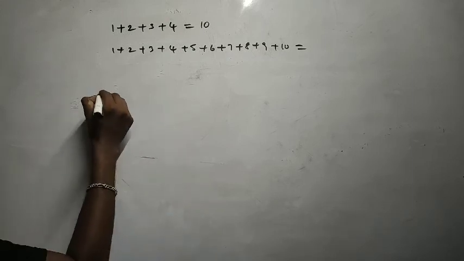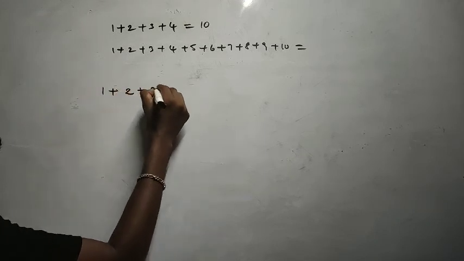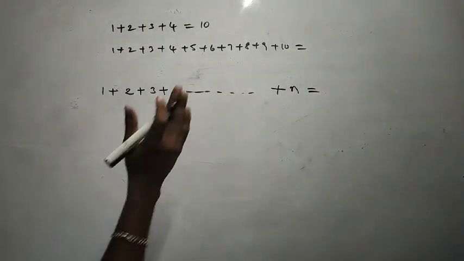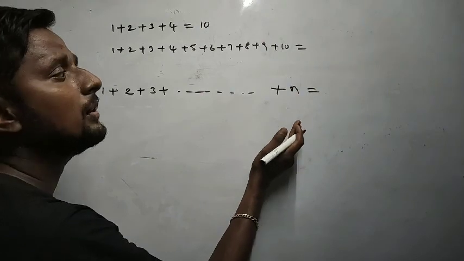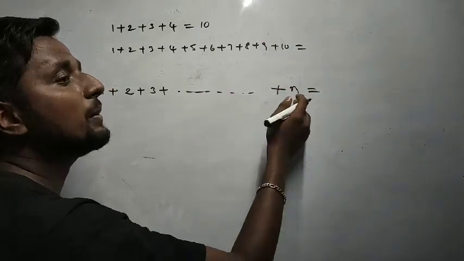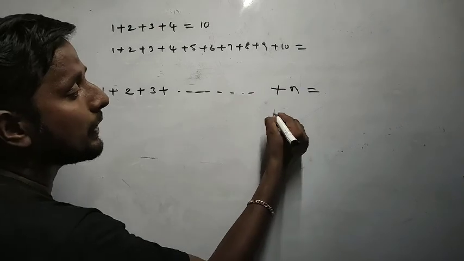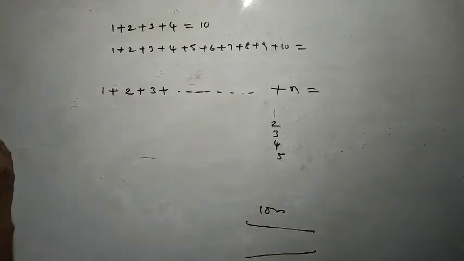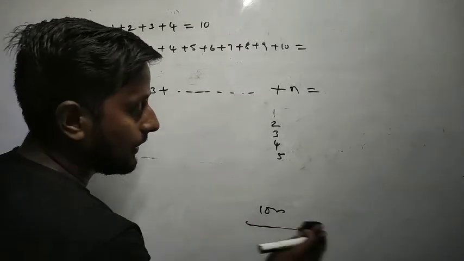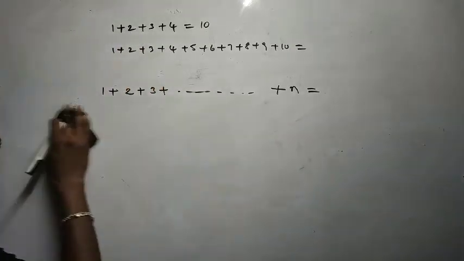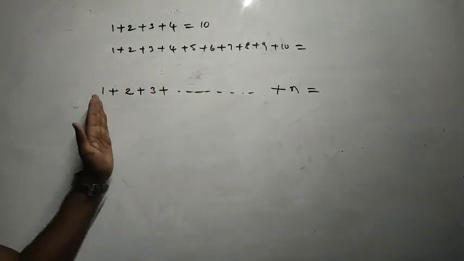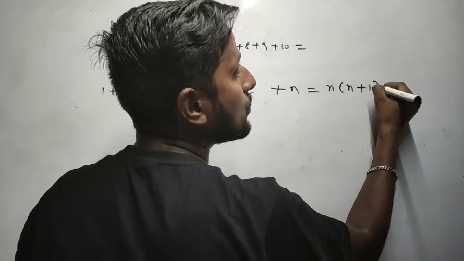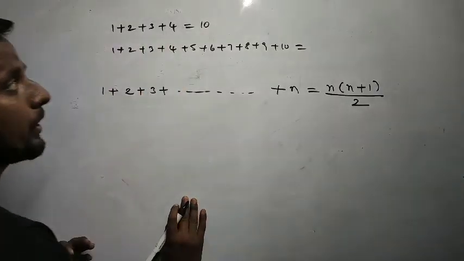But if I talk about 1 plus 2 plus 3 plus, I don't know, the first n numbers, where n is a value, sometimes 900, sometimes 1000, sometimes 999 or whatever, sometimes lakh also. In these cases, writing the numbers in ascending form up to 1 lakh and adding them is very hard and a very stupid thing even. Very, very foolish step. So now we are going to find the formula. The formula for the sum of the first n numbers is equal to n into n plus 1 by 2. Okay, we'll apply the formula.